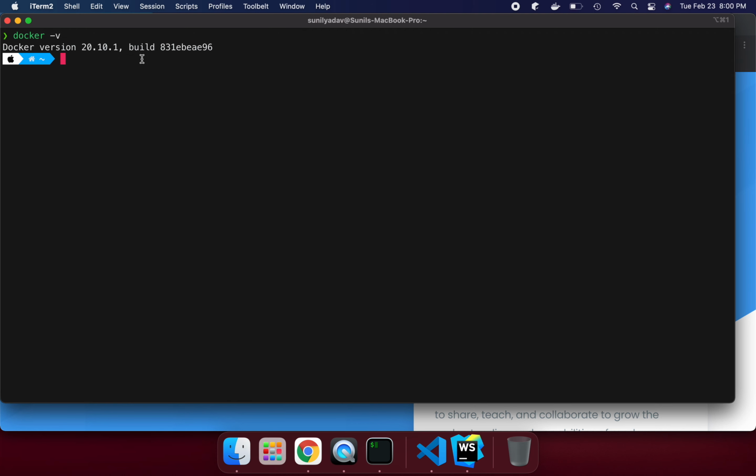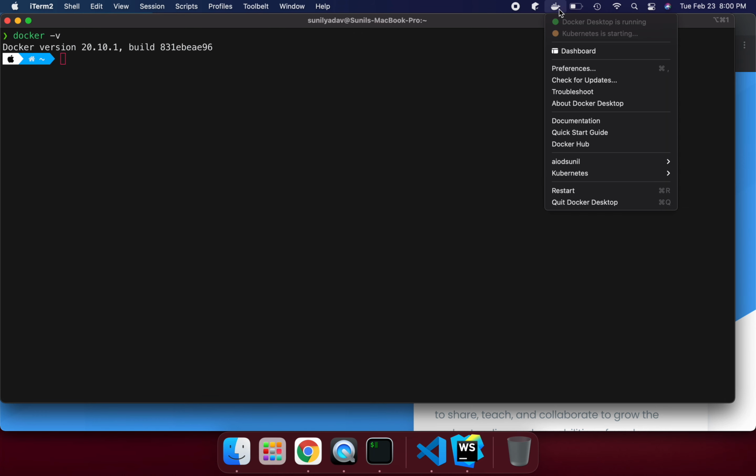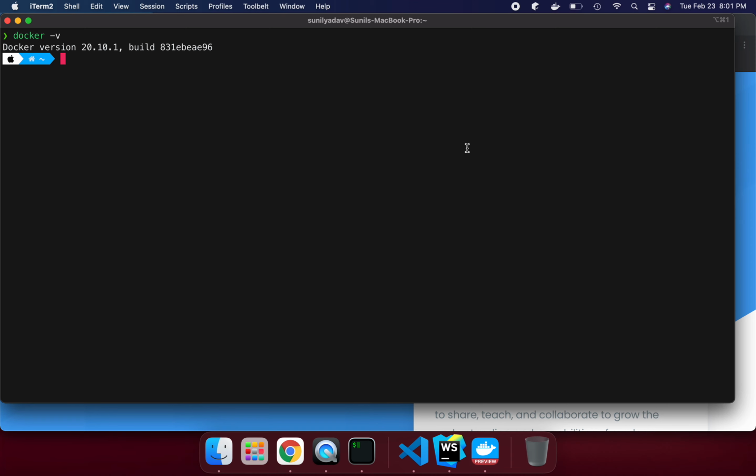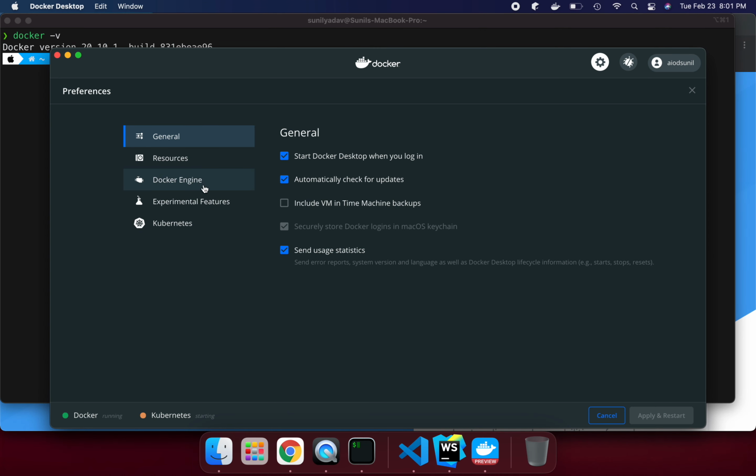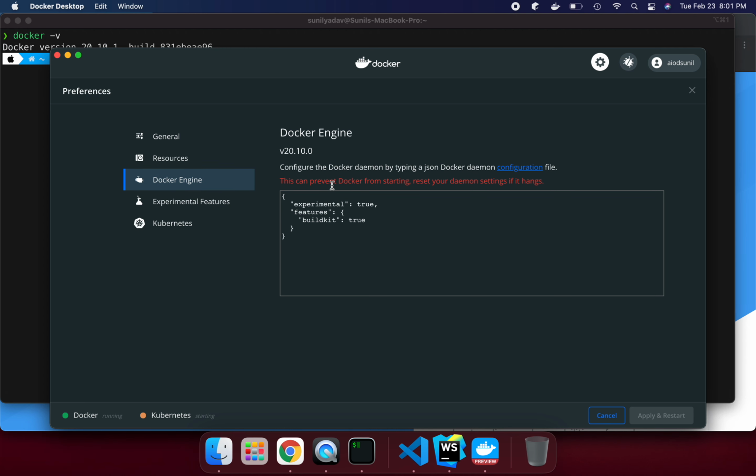Docker engine is the core thing in Docker which is running the system. If you go here, Docker setup preferences, we can see the details. This is the Docker engine, and this is running, and what Docker engine version. Because in the Docker engine we are running our container internally. So this is a must.